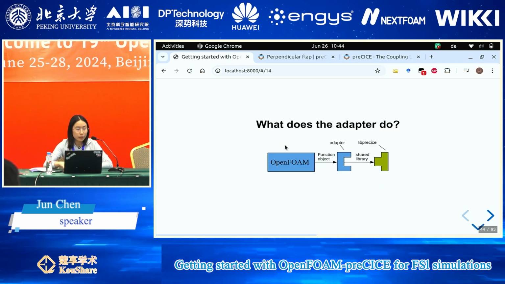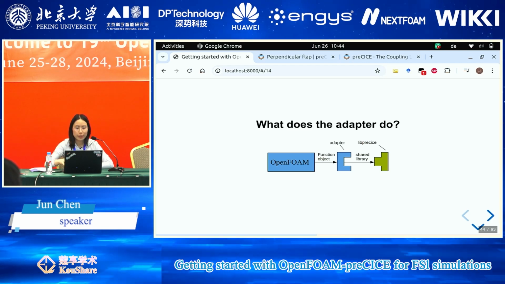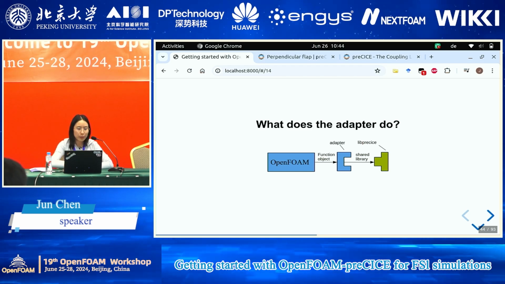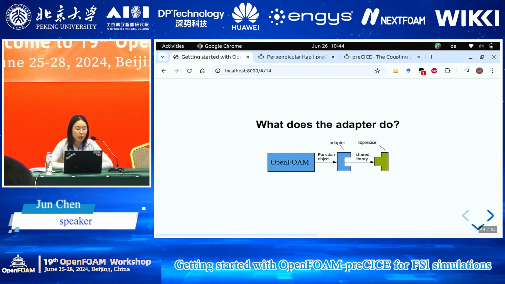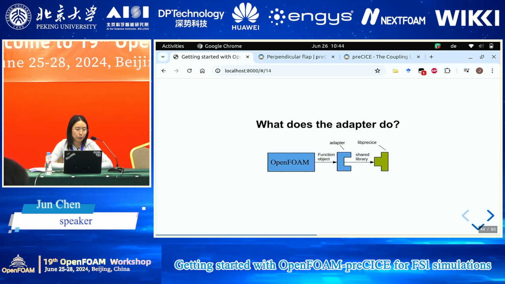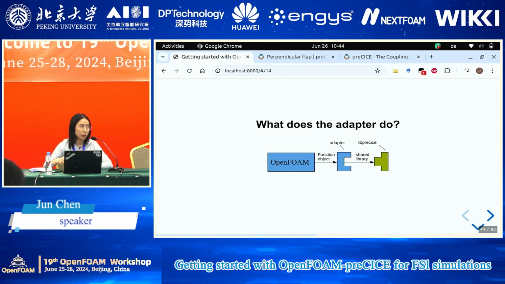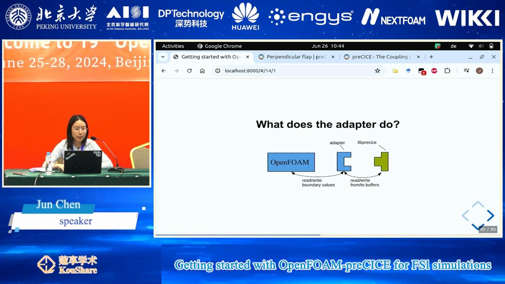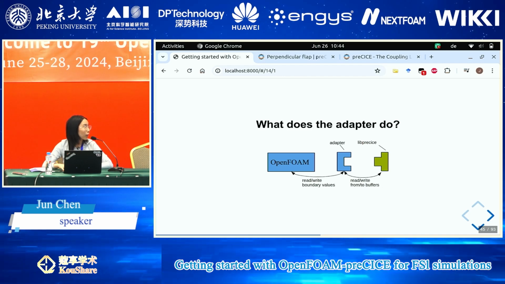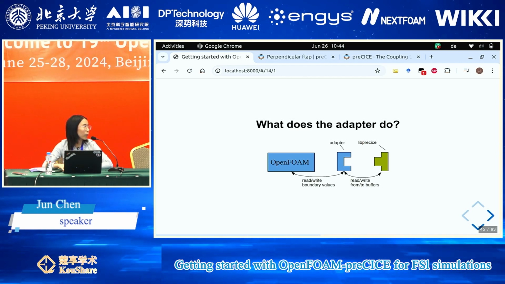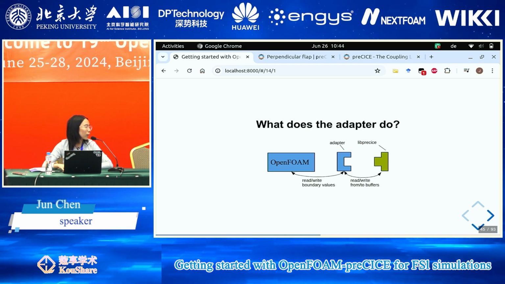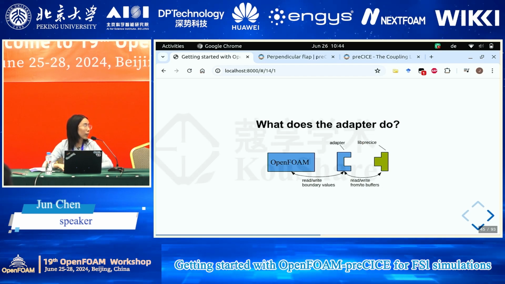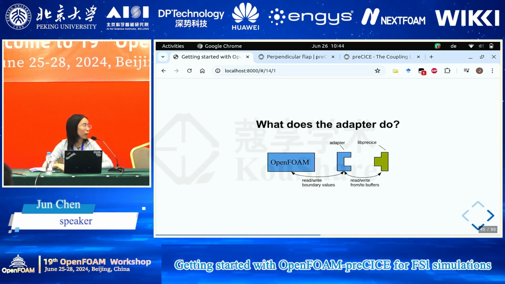And now we want to know, what does the adapter do? Why do I need it? This is the thing between the solver and preCICE. So for OpenFOAM, the adapter communicates with OpenFOAM through function objects, and it communicates with preCICE through a library. And first, it can read and write data. For boundary values, we only take surface coupling into account here. And OpenFOAM will write the data into the adapter, and the adapter can write the data into a preCICE buffer, and then to